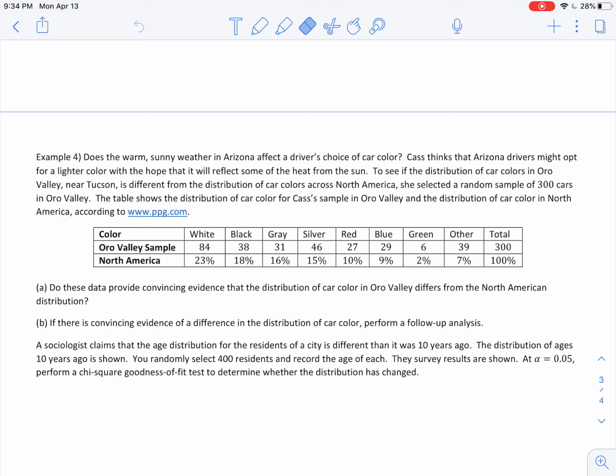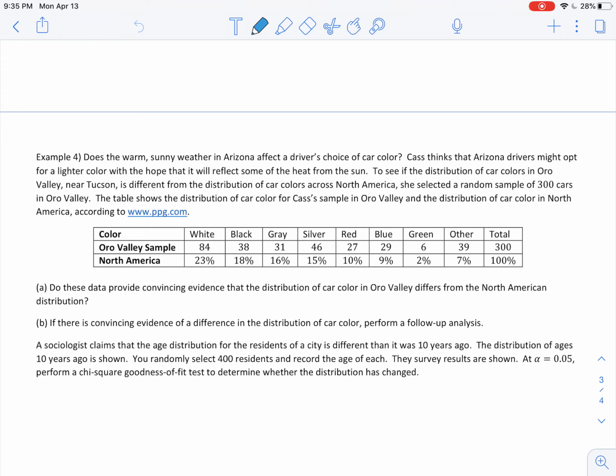So there is one remaining example that's on here. So when you get to the step where it's telling you to do it, then by all means use your calculator. Just do it that way. I will point out one small difference. This is not testing uniformity. So it's not saying that the car colors should all be equally represented. This is saying that either the